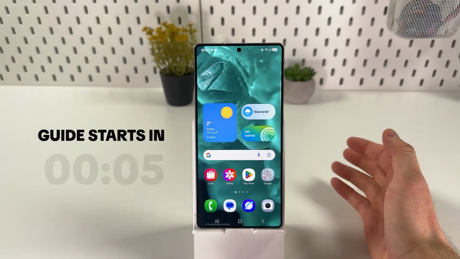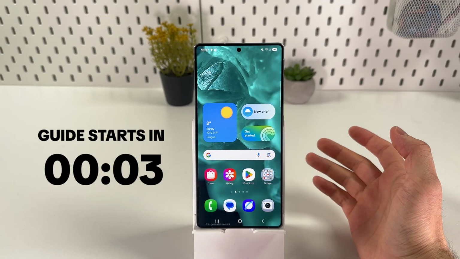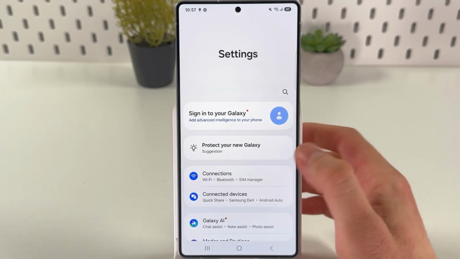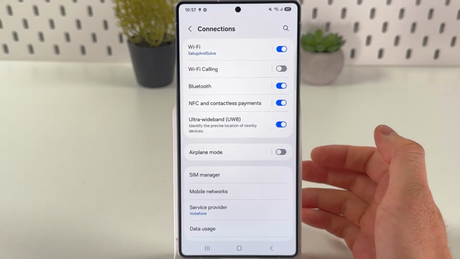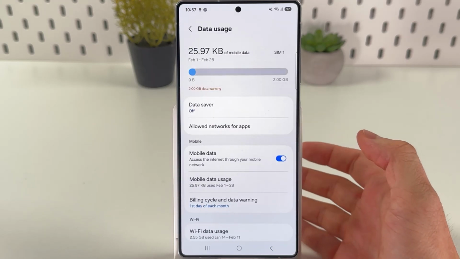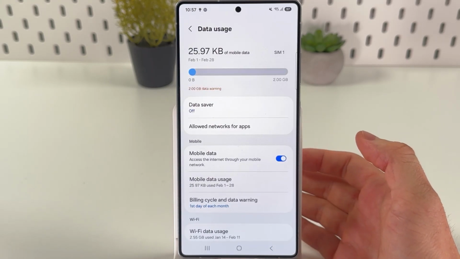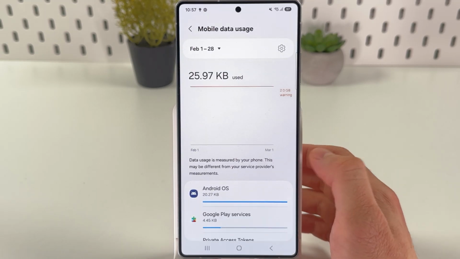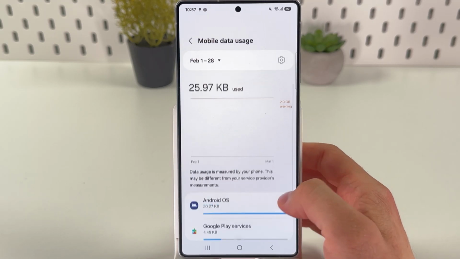If you want to set a data limit for your Samsung Galaxy S25 Ultra, first of all, open up your settings, find your connections tab. After that, we gotta locate our data usage tab. And in our data usage, let's find mobile data usage. Here it is. Tap here, you can see the list of your